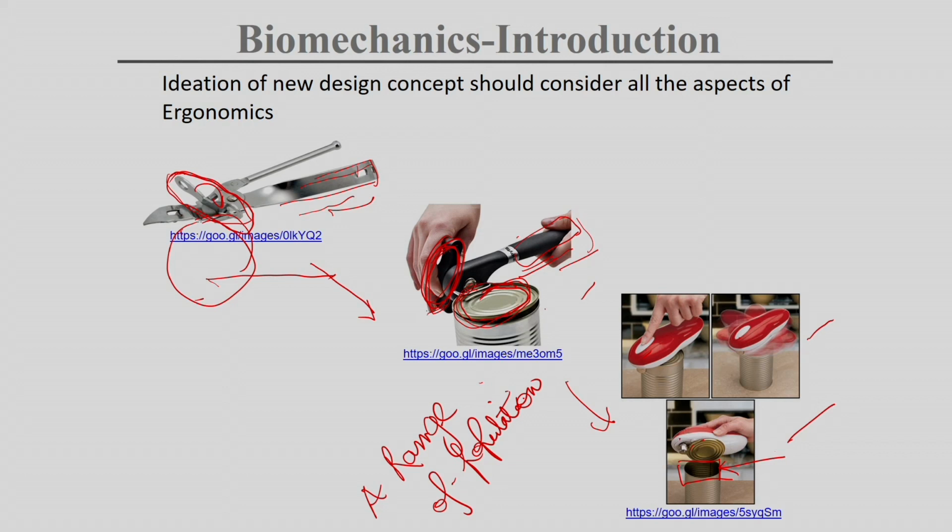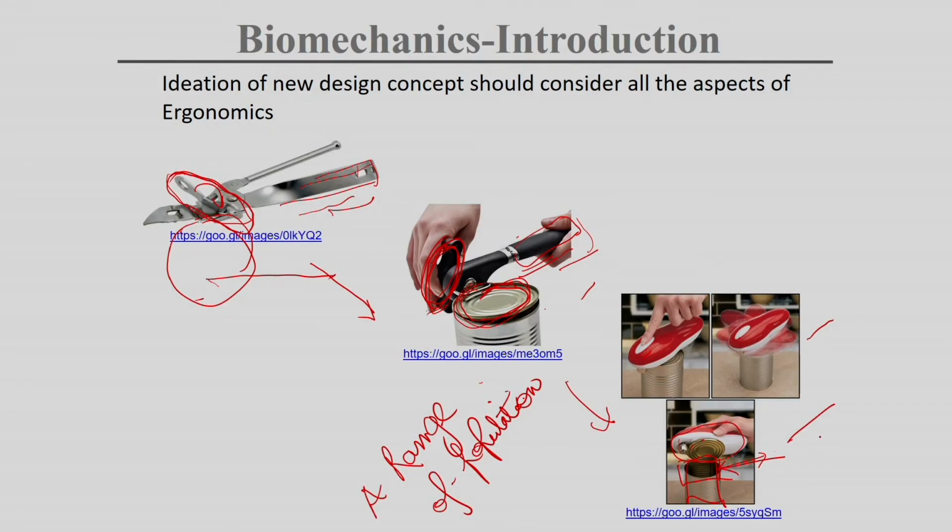Simultaneously you should think, once you have used this thing, whatever remaining portion is there, how safe it will be for the person, or how user centered it is. Because if it is a very unsafe thing, it can cause harm to this person, an accident or injury may happen. So when we are designing something, we should think before the tool, how it will be designed, how it will be used here, and after using that product, how safe it is. It shouldn't keep any unsafe edge. So this is briefly why we need biomechanics and how it can be applied in a product.